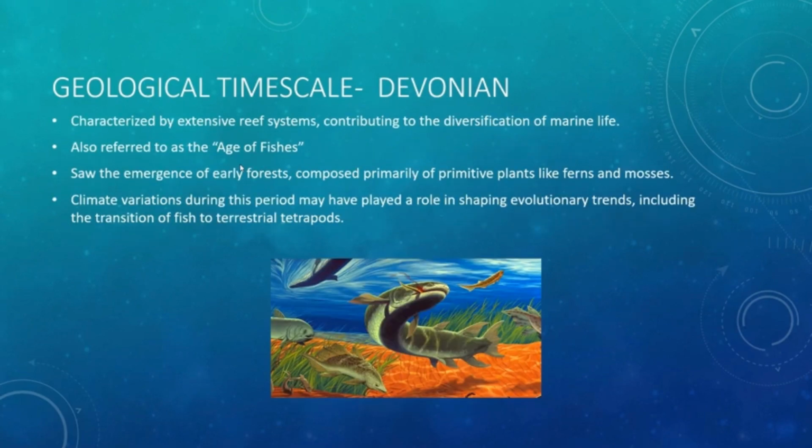The Devonian, which was also referred to as the Age of Fishes, characterized by extensive reef systems contributing to the diversification of marine life, saw the emergence of early forests, composed primarily of primitive plants like ferns and mosses. Climate variation during this period may have played a role in shaping evolutionary trends, including the transition of fish to